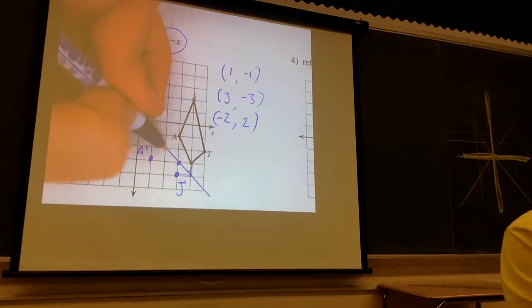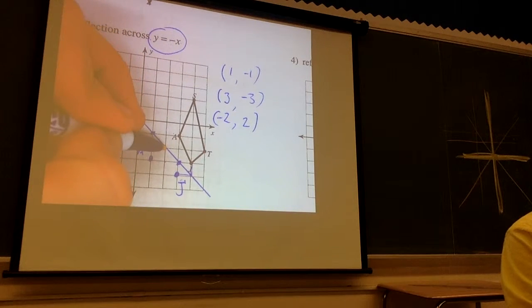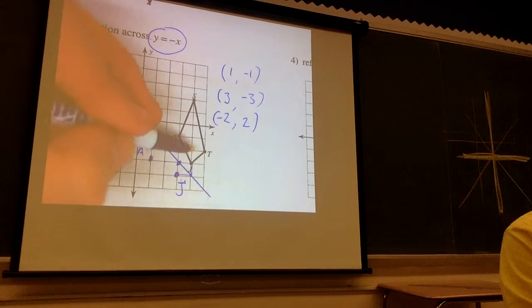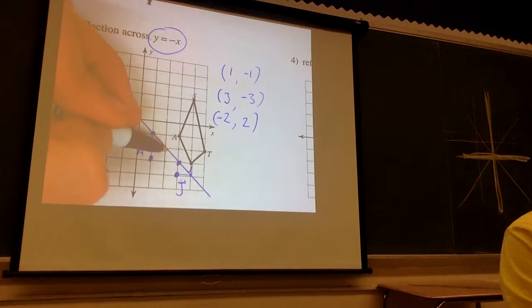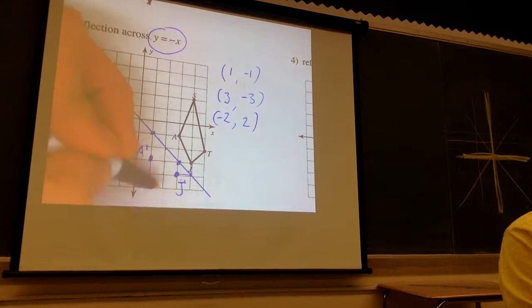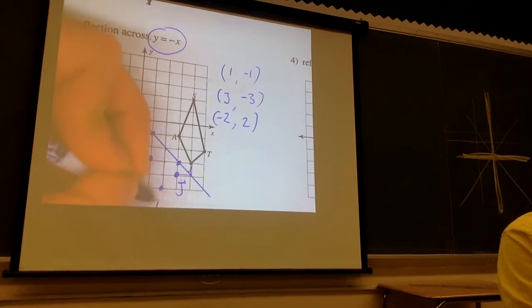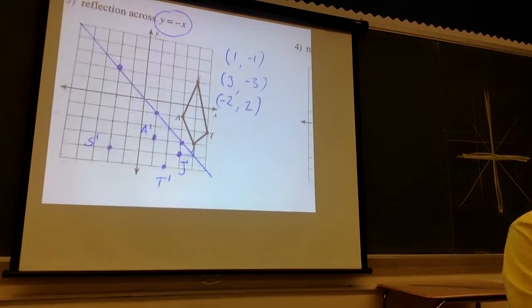Once I hit my reflection point, I start going the opposite. So I was going horizontal, now I'll go vertical. It was 1, 2, 3, and I'll go 1, 2, 3 to plot my final point in my image, T